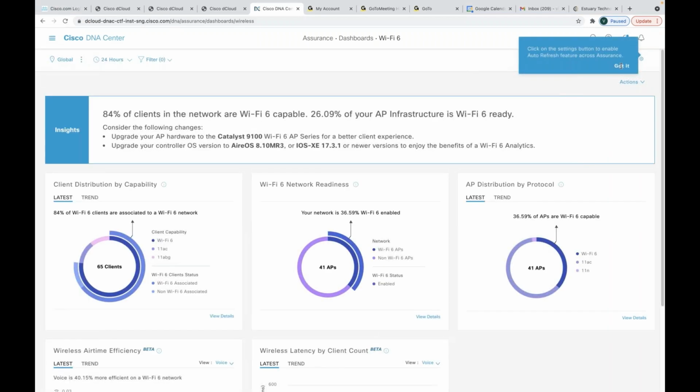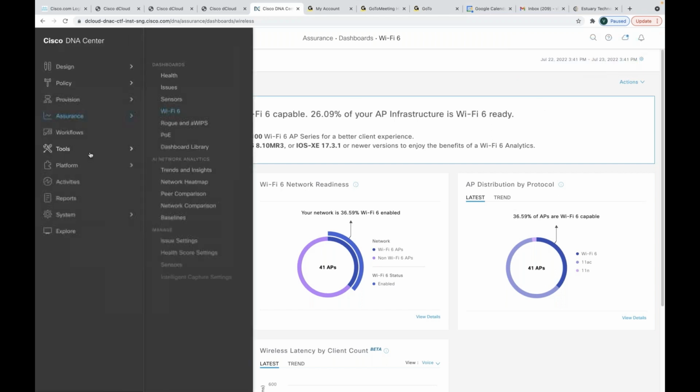I'll not go in depth right now, but it is really good to know about all Wi-Fi related use cases in DNAC, and then you will actually understand the importance of your DNAC or wireless use cases in the DNAC. So that's about actual overall SDA basic.